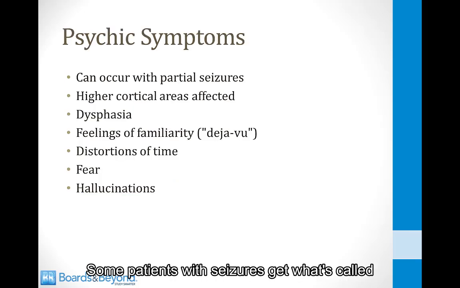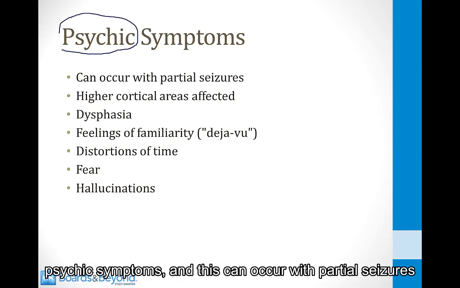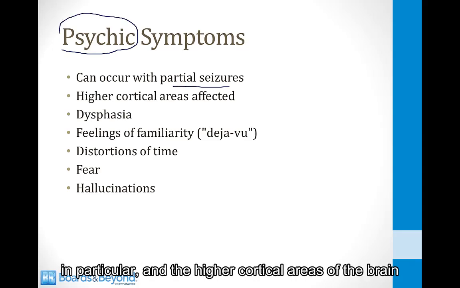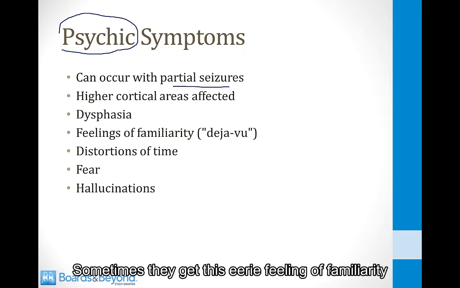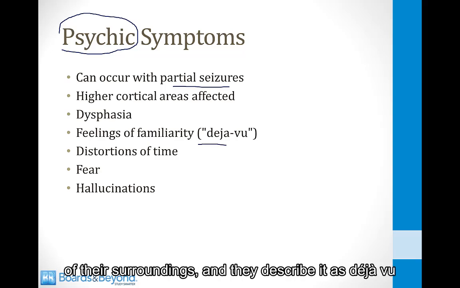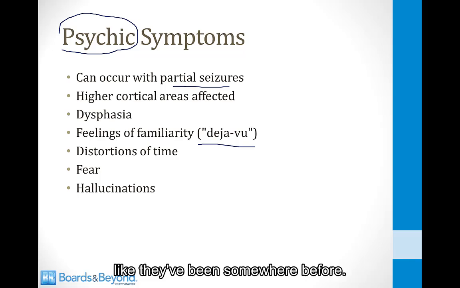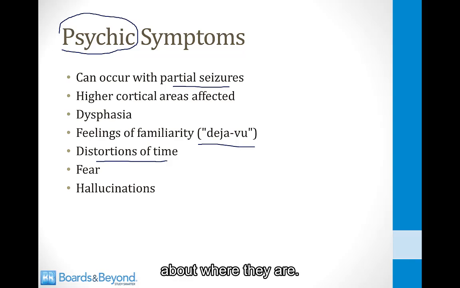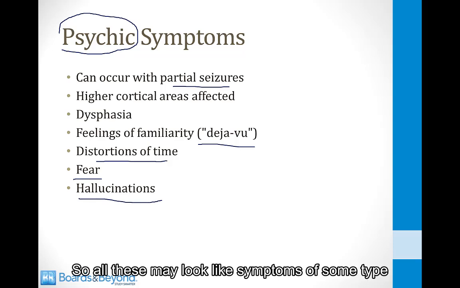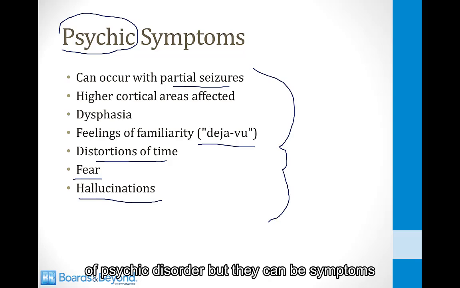Some patients with seizures get what's called psychic symptoms, and this can occur with partial seizures in particular. The higher cortical areas of the brain get affected, so patients may have dysphagia and trouble speaking. Sometimes they get this eerie feeling of familiarity of their surroundings, and they describe it as déjà vu, like they've been somewhere before. They can get distortions of time where they're confused about where they are. They can suddenly become afraid, or they can even hallucinate. So all these may look like symptoms of some type of psychic disorder, but they can be symptoms of a